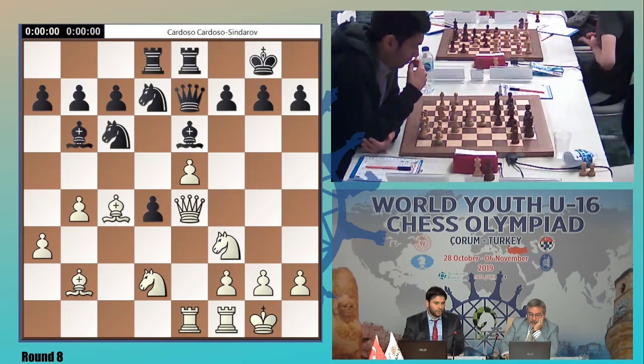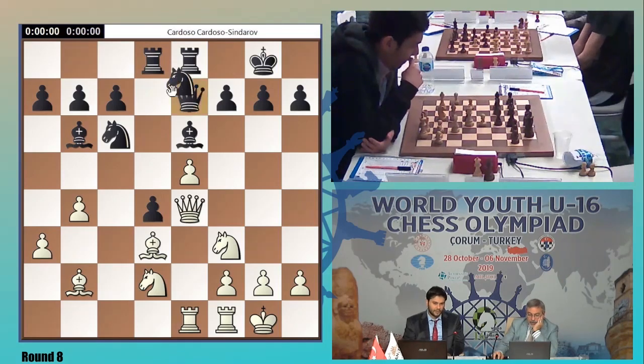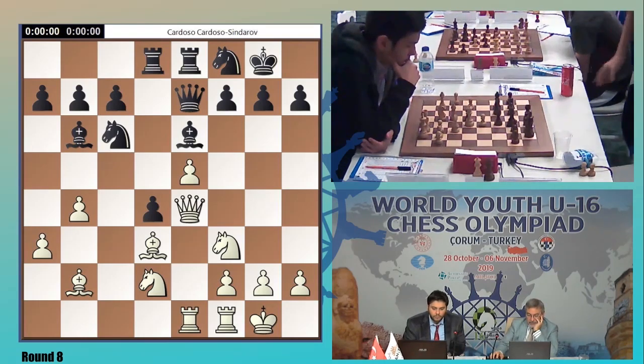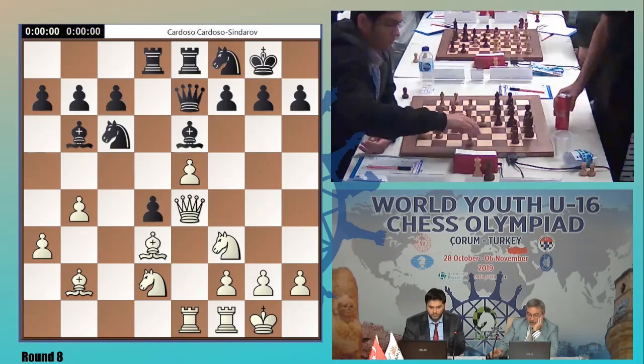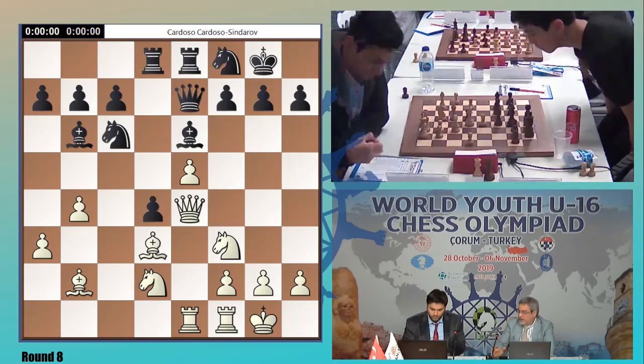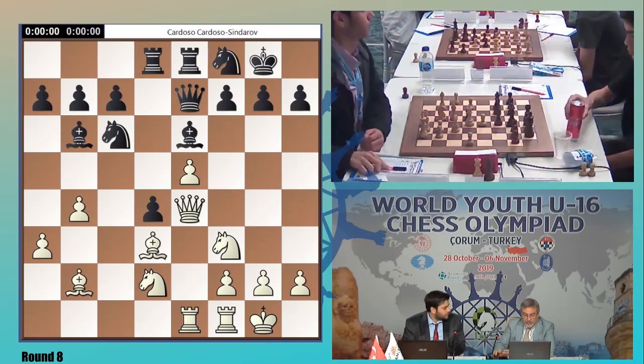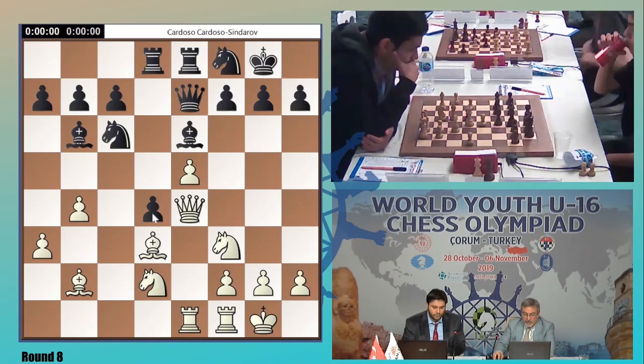He played bishop e8, a5, bishop d3, most probably knight f8 is the idea, which he did, I think. Knight f8. Now, okay, black holds on to the pawn. This is actually the main idea of black. He says, I can protect my king side, and with time I will just have a good position